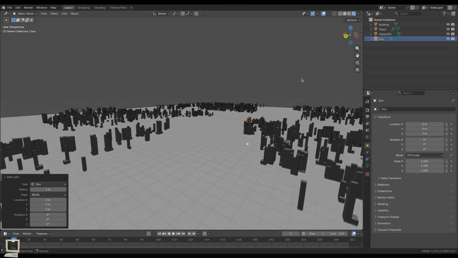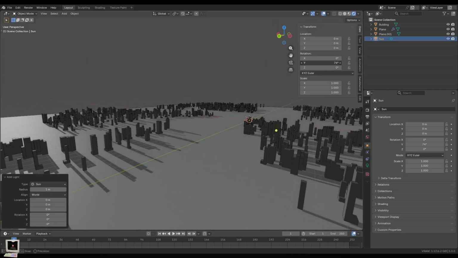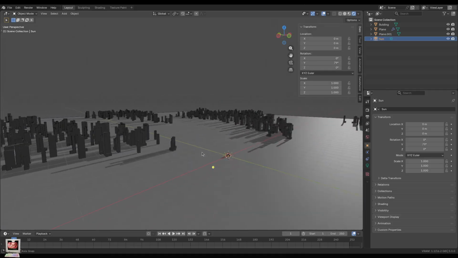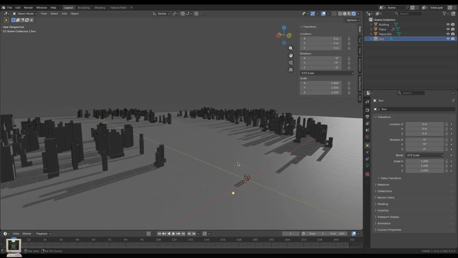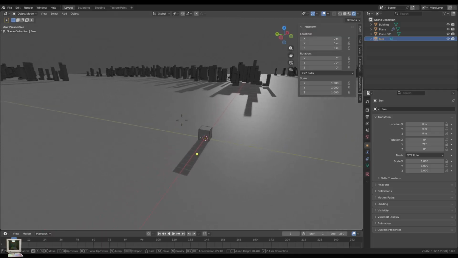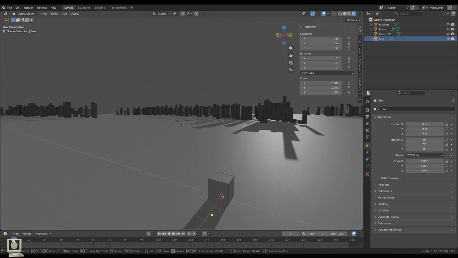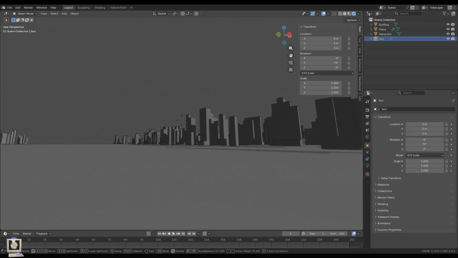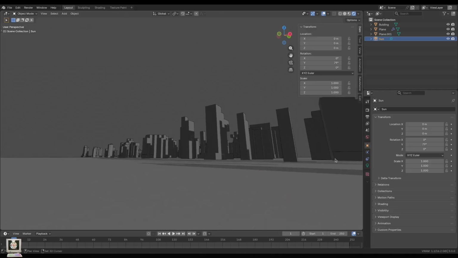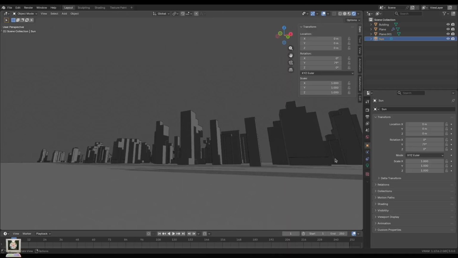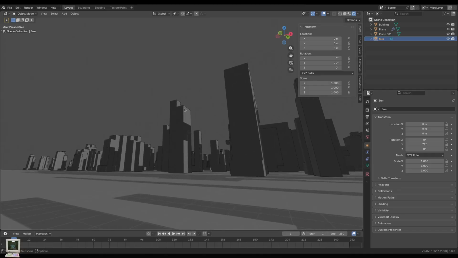We have a sun here, press N and then item. We change the orientation of the sun. We have some shadows, looks better. And now let's press Shift F, whatever you set up for the flying thing, and I'm pressing Tab to fall down. And here we have some cool cities. Again, they don't stick in each other. That's good. But now let's say I want to have even a bevel to make the buildings,